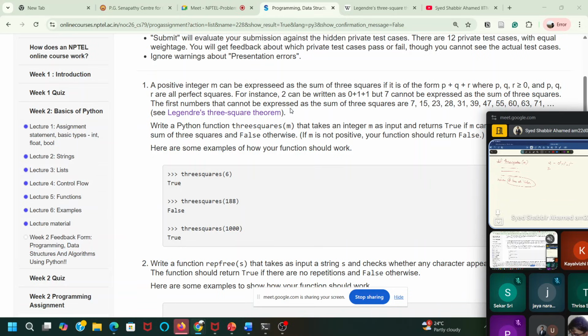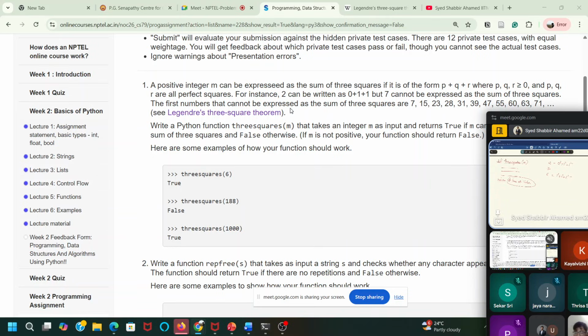You cannot write 7 as sum of three perfect squares. It is not possible at all. If you have 6, you can do that with 6 also. 6 you can write as 1 square plus 1 square plus 2 square.